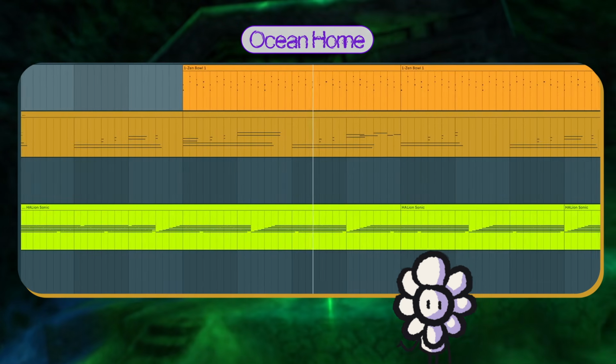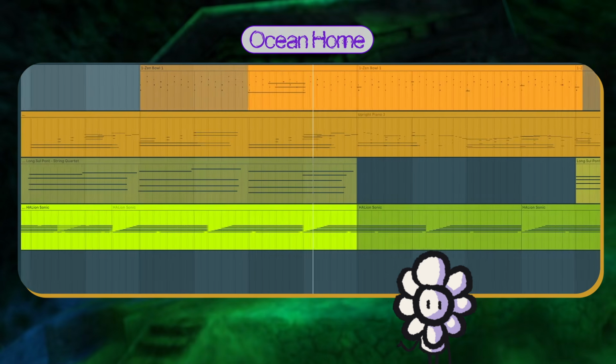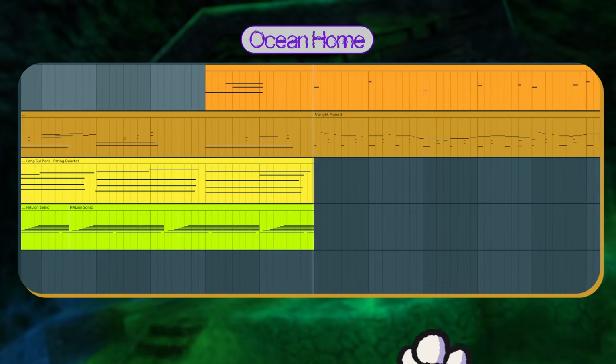And then we get to section B, where I strip away most of the atmosphere, and we're just left with this piano.